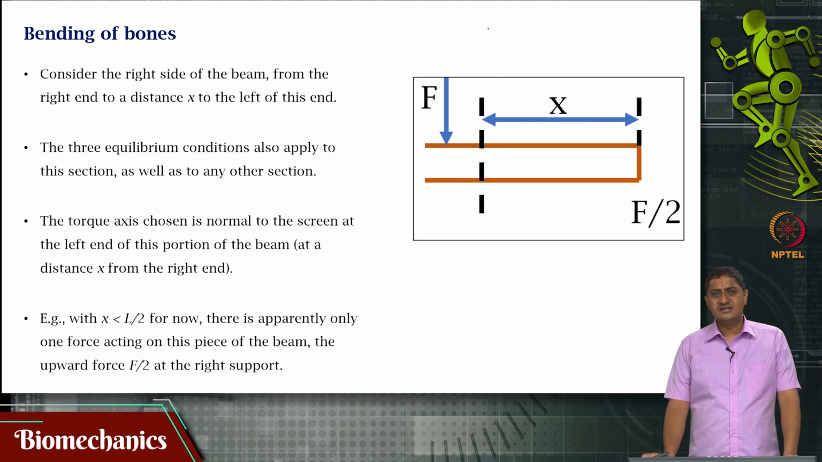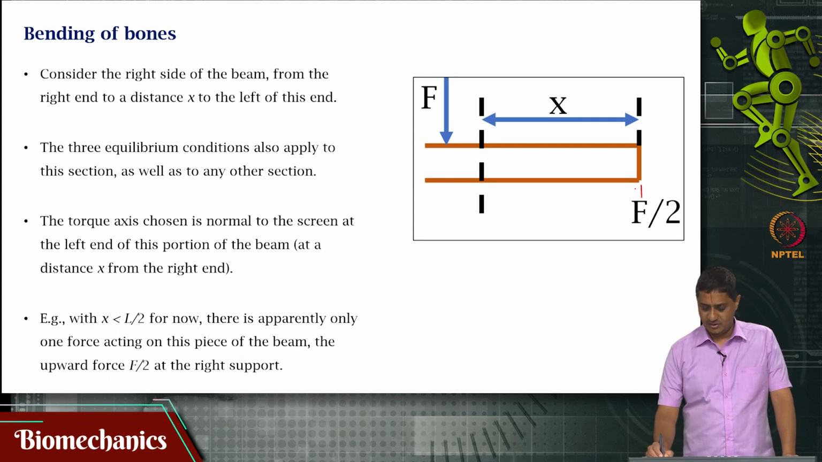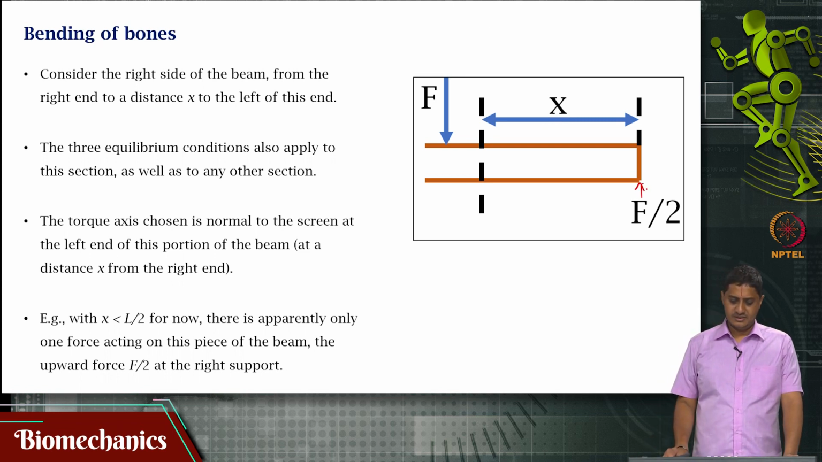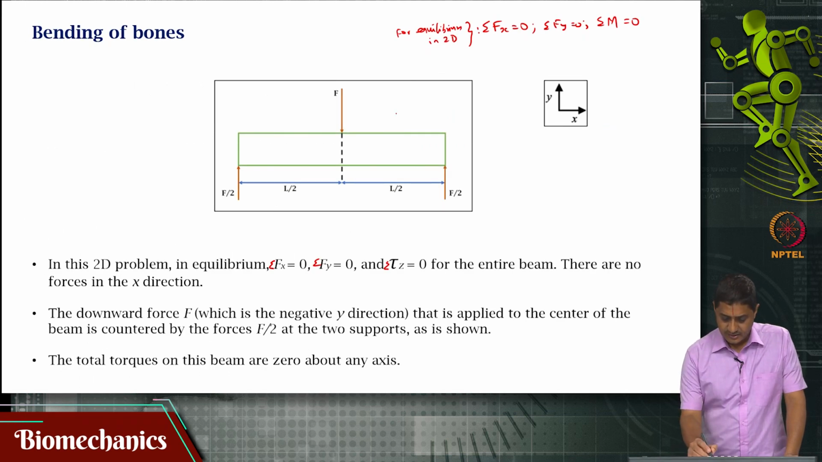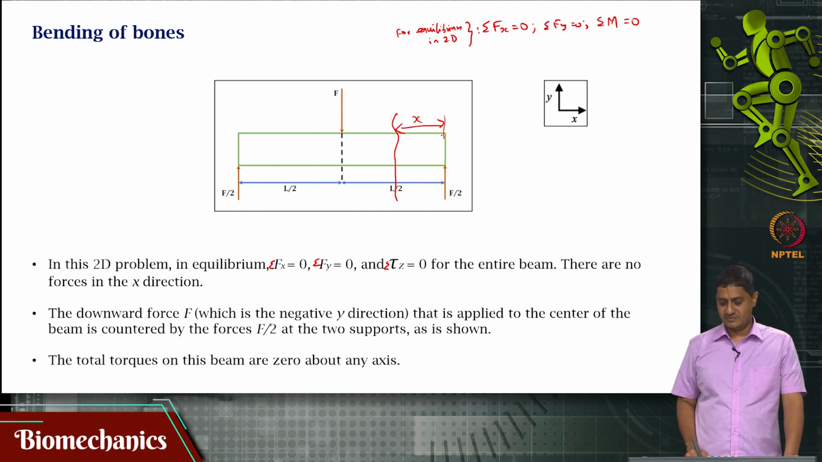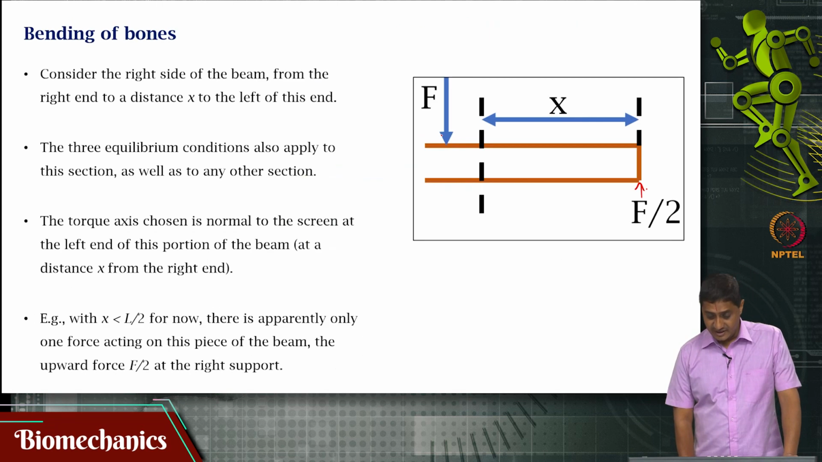Now, let us consider a section of the beam that is on the right side of this beam as shown. There is a support F by 2 that is there, and we are cutting this beam at a distance of x from the right end. Okay. That is, I am sectioning here at a distance of x from the right end. I am sectioning somewhere here. Okay. If I section like that,